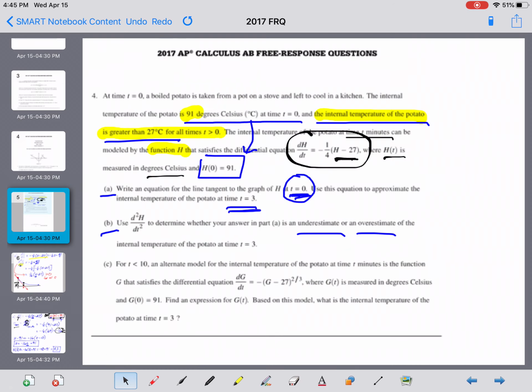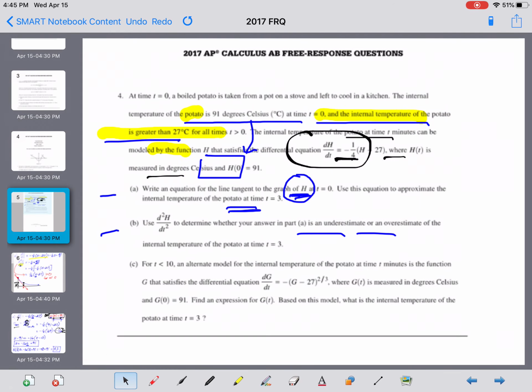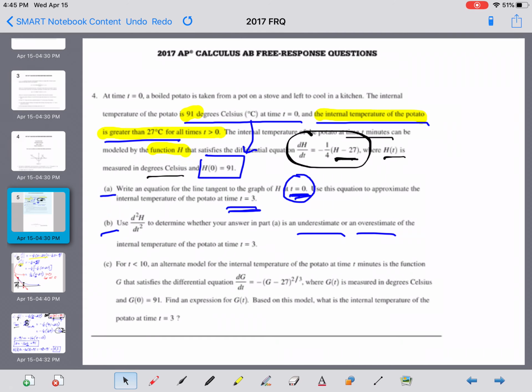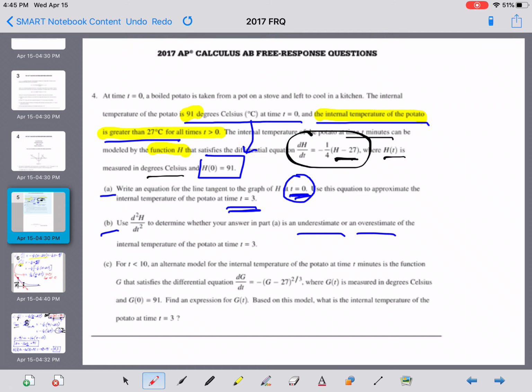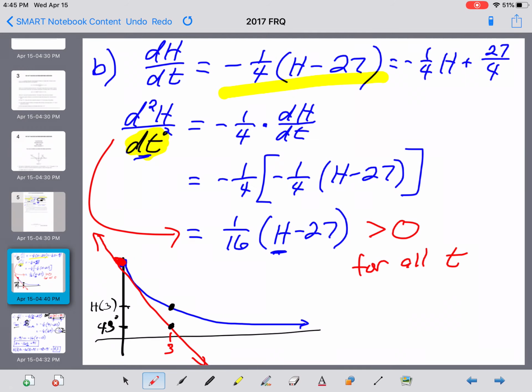So let me go back and read the question again here. Use that value to determine whether your answer in part A was an overestimate or an underestimate. Okay, so going back to it, it looks like our approximation was going to be an underestimate. And did they want an explanation? They actually didn't ask for a justification or an explanation at all, so we can say right here that our answer for part A was an